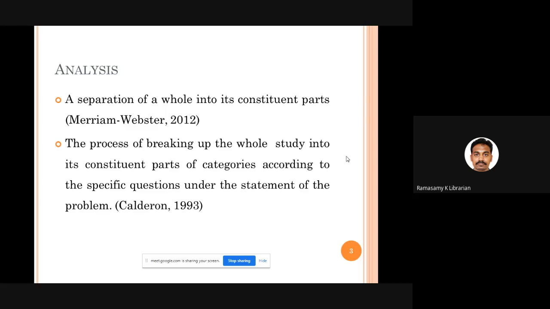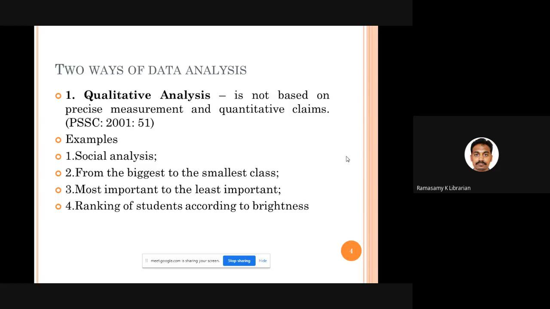Based on those specific questions, your data is to be categorized, consolidated, classified and tabulated. That process is called analysis. Mostly for the purpose of data analysis, we have qualitative analysis and quantitative analysis.